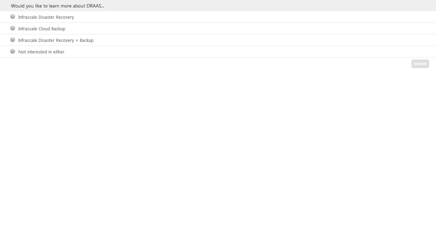The RTO for disaster recovery is 15 minutes guaranteed when replicating to our cloud for a particular machine. The RPO can be set, typically we find that our customers are setting hourly RPOs for the DR portion. For file and folder backup, also kind of the same.